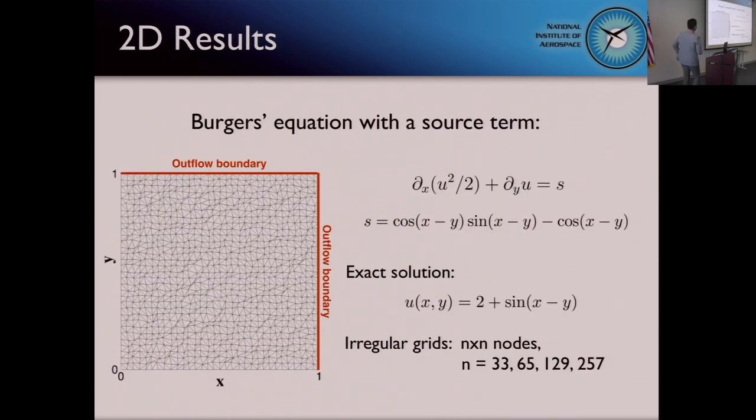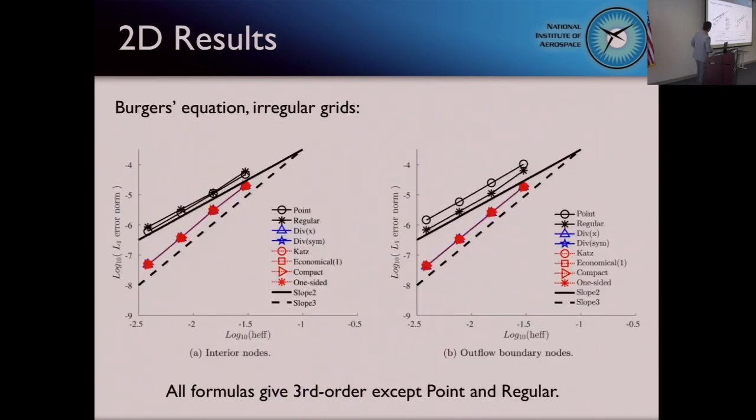And in 2 dimensions, we tried this for a Burgers' equation with source term. Here's the exact solution, which is always positive. The top boundary and right boundary are outflow boundaries, with an irregular mesh of 33 to 257 nodes. This is not just nodal perturbation; we use diagonal swapping to have a random number of neighbors at every node.